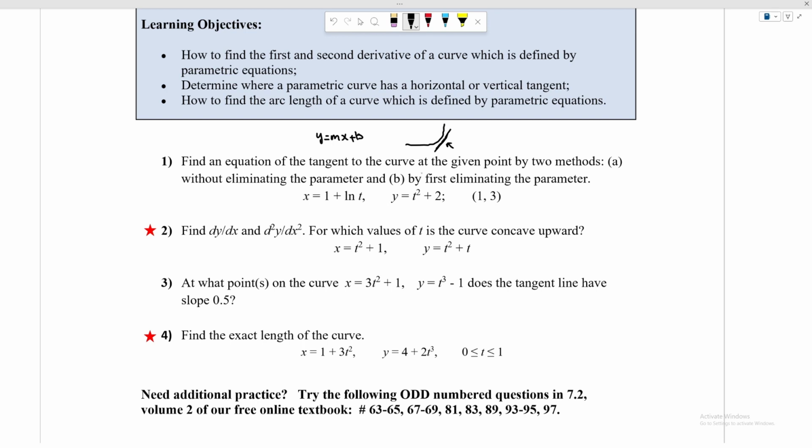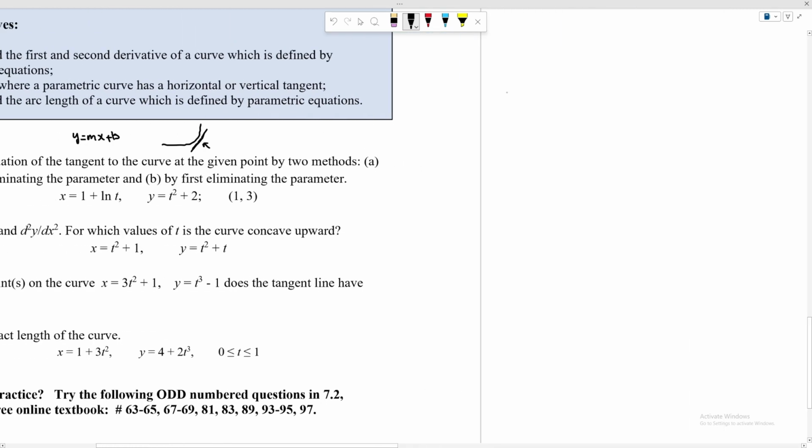And so you have two conditions, one without eliminating t, and the other one is with eliminating t. And so the first way, how do we do it without eliminating t? So I'm gonna write my equations. Actually, I have enough space here. So the one without eliminating t is what you'll have to do, using dy over dx equals dy over dt all over dx over dt, because this one doesn't eliminate t, right? And so what we could do here is